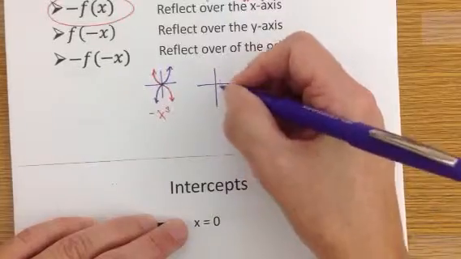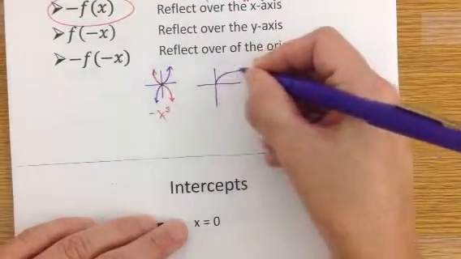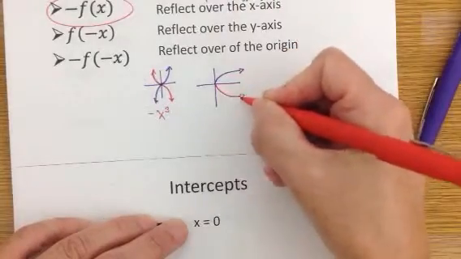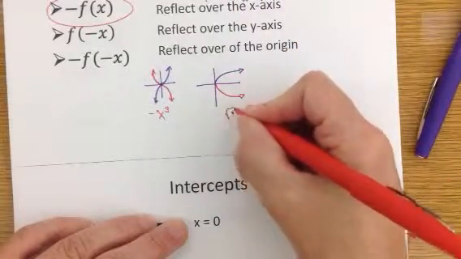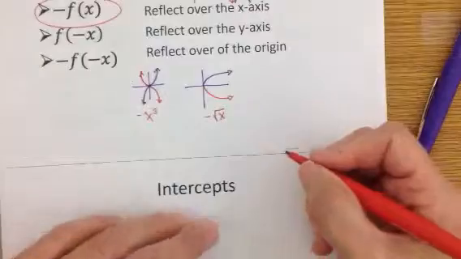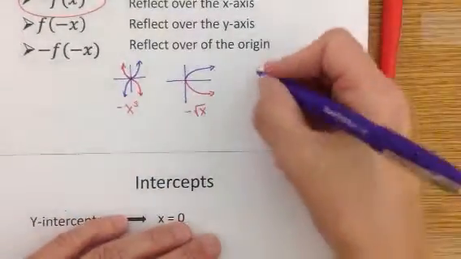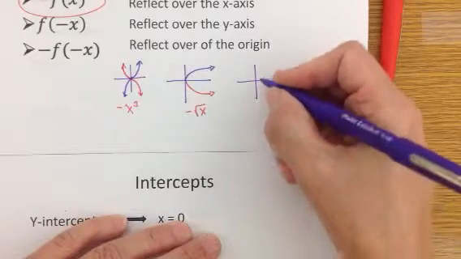Let me do, this is the square root graph. So the reflection over the x-axis would be down here. So this is the square root of negative x, or the negative of the square root of x. What else do we have to do? We have to do